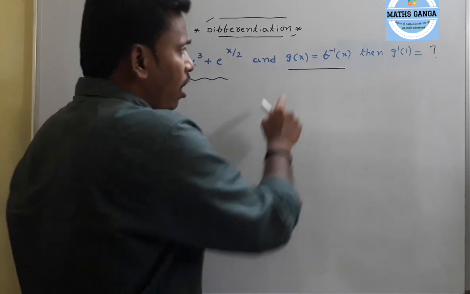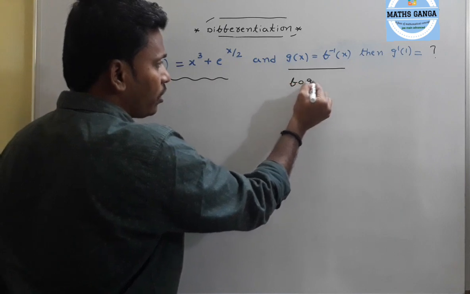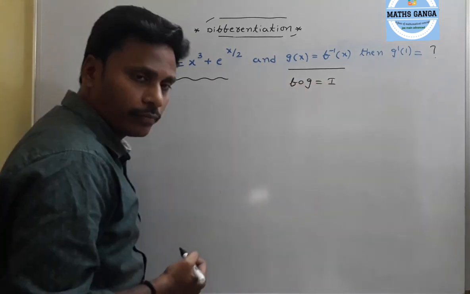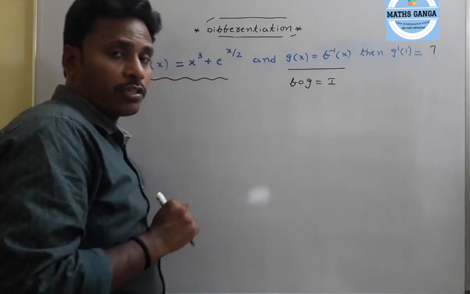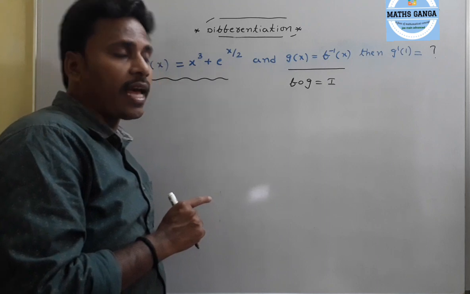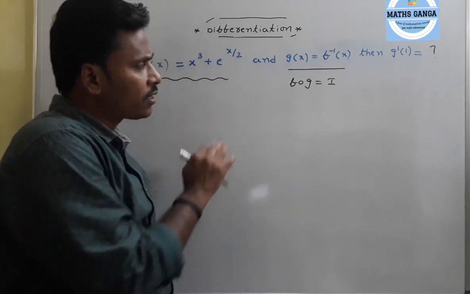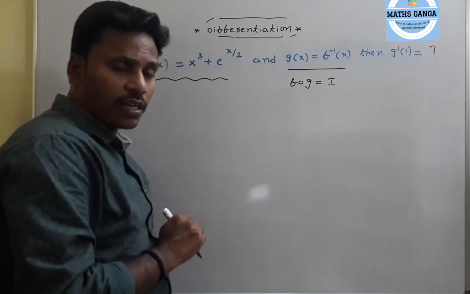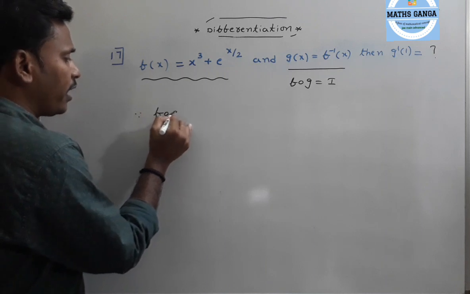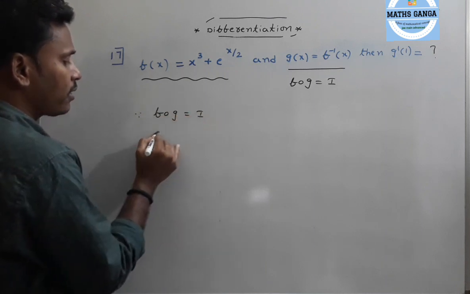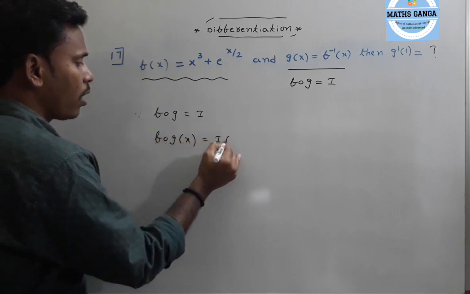g and f are inverses to one another, so we can write that f circle g is equal to identity. Since g is the inverse of f, by the composite functions, g circle f is identity as well, and f circle g is also identity. Okay, so first let us take this f circle g as identity. Since f circle g is identity, it can be written as f circle g of x is equal to identity